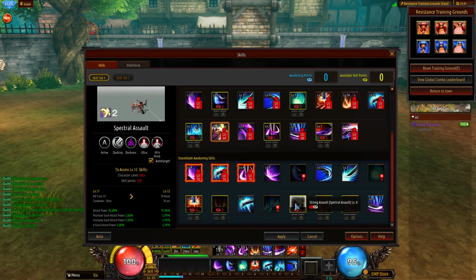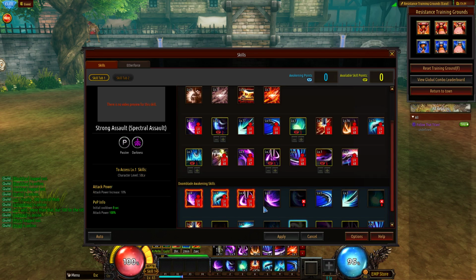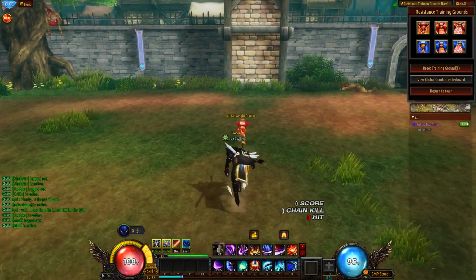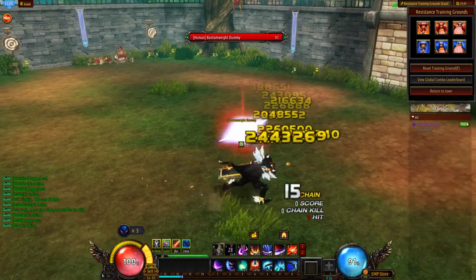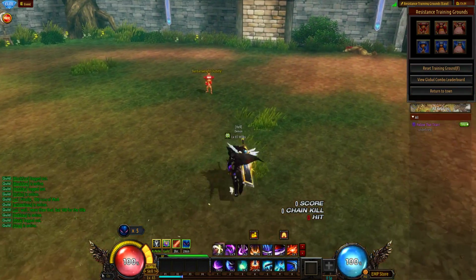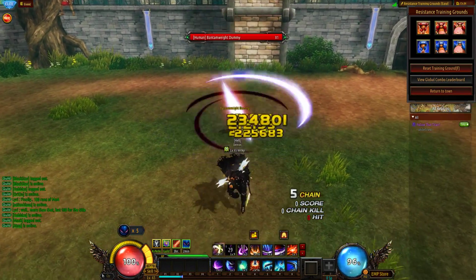I did not actually put Awakening skill points into that because I dumped them into other skills. Spirit Barrage, I just really love that skill, and personally I had skill points left over, so I put them in here. I really love that skill. Damage is not bad, but it's not that great either. So if you don't like that skill at all or don't use it often,